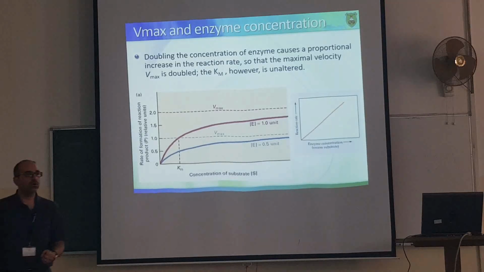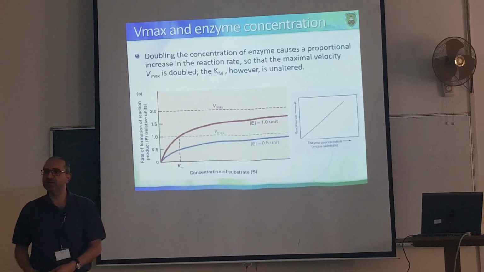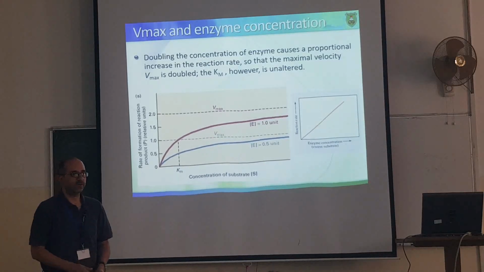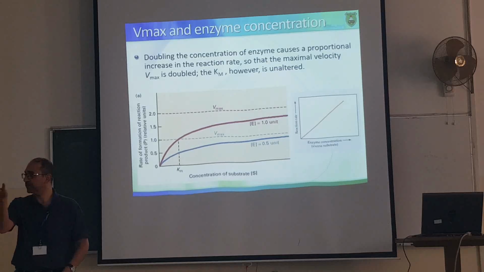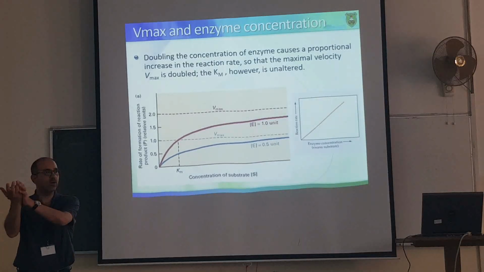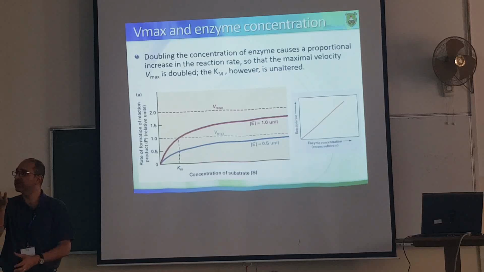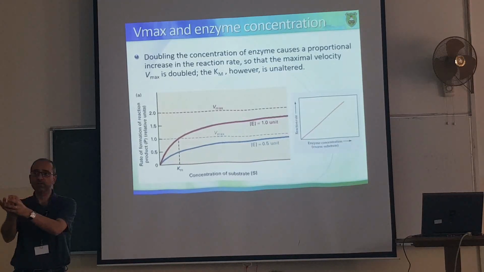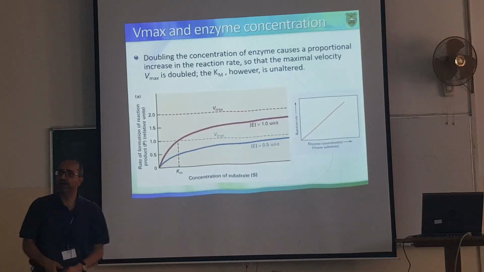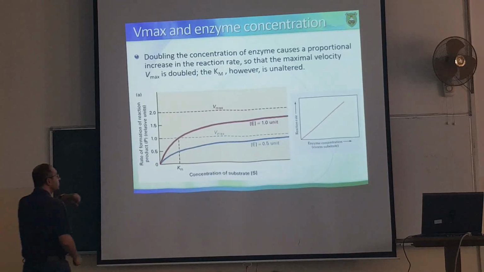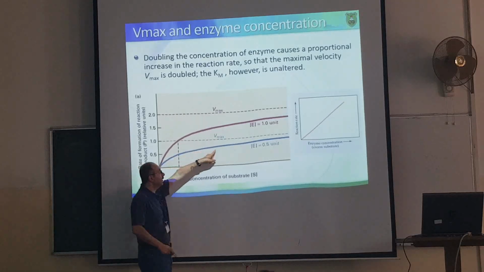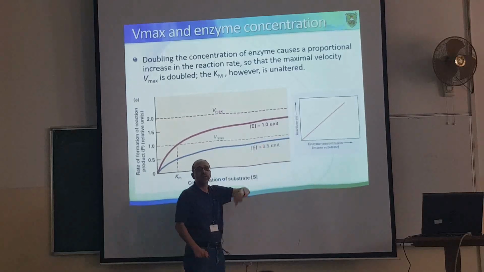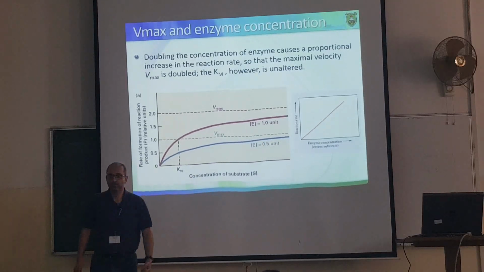ليش؟ لأنه هون the rate of the reaction depends on the ability of the enzyme to find a substrate. فإما إني أزيد السبستريت concentration وأعطيها the probability إنهم يلاقوا بعض راح تزيد، أو أزيد الانزيم concentration and in this case برضه the probability إنهم راح يلاقوا بعض راح تزيد. So I can increase the rate of the reaction by increasing the concentration of the substrate. Okay? So I only have 0.5 unit of an enzyme. If I double it, I will double the rate of the reaction.